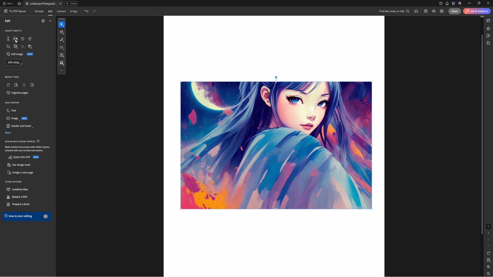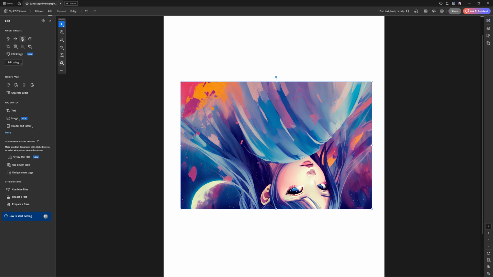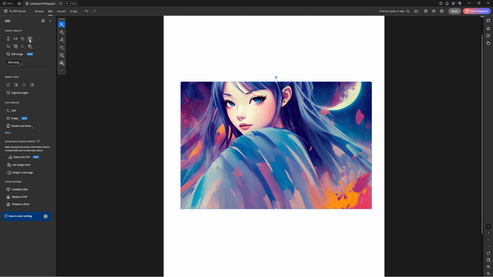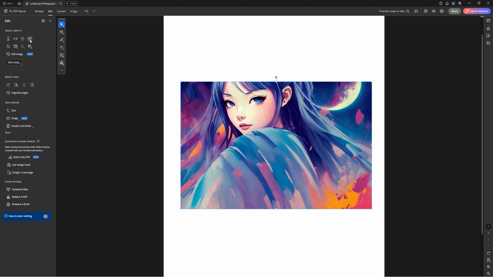I can flip it horizontal like that. And I can also rotate it if I want to. Just like that. So that's a really quick and easy way to flip and rotate your images in a PDF in Adobe Acrobat